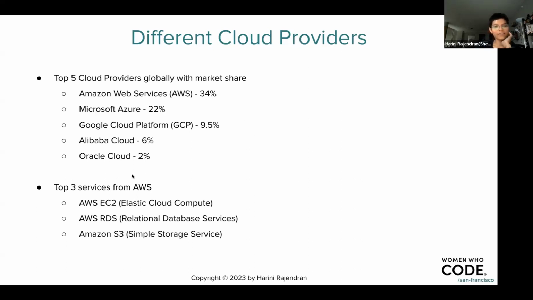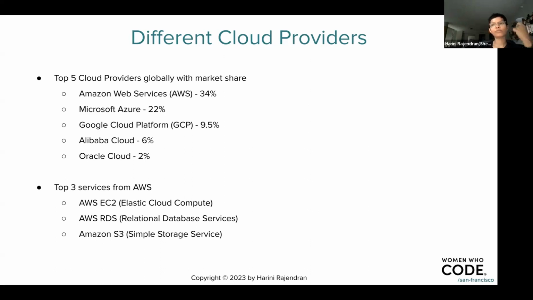Another interesting fact is, if you are aware of AWS, the most commonly used top 3 services from AWS are, first, AWS EC2 instances. EC2 instances are nothing but servers. So you literally get servers or computers from AWS, saying, hey, I need a computer or a server with, let's say, 5 gig memory, 32 cores and 100 gig disk with this much bandwidth. And they have literally hundreds of different types of instances.